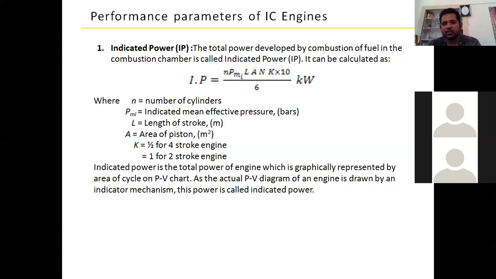But during this process, in the conversion from thermal to mechanical, there will be some losses we can consider. So normally IP is going to be very high, but we don't get the same power at the end of the shaft or in mechanical, because